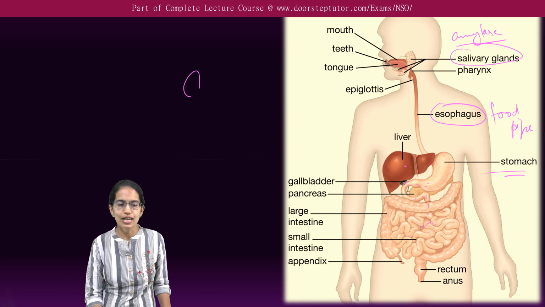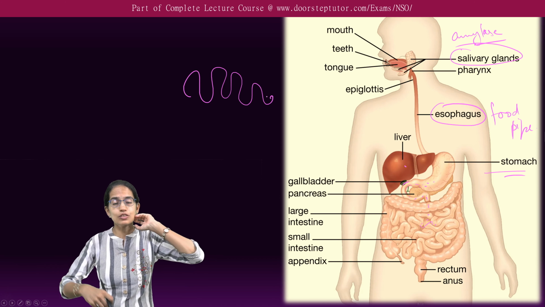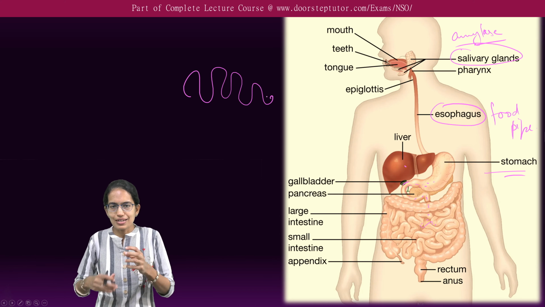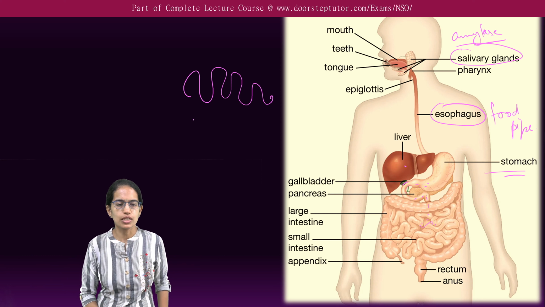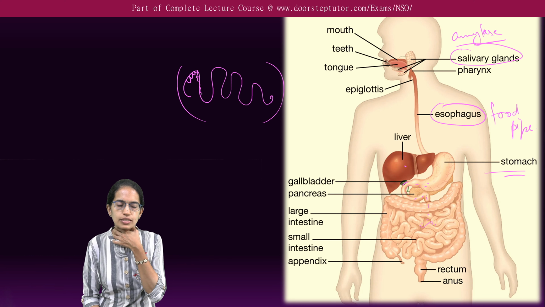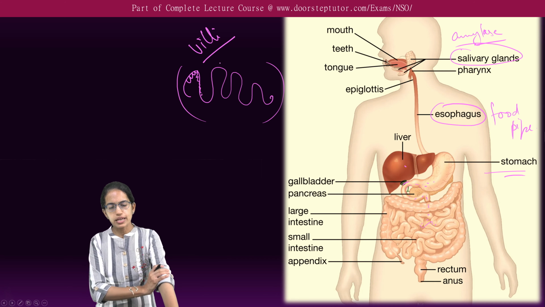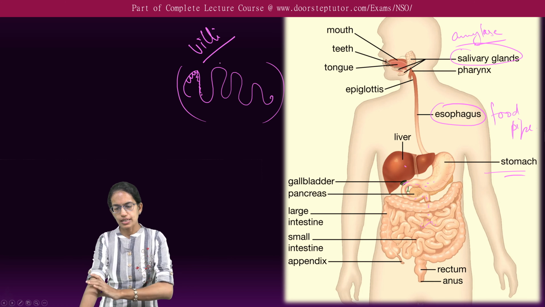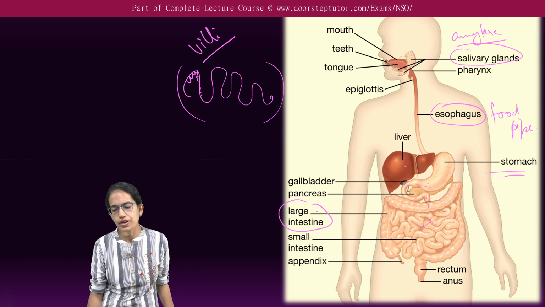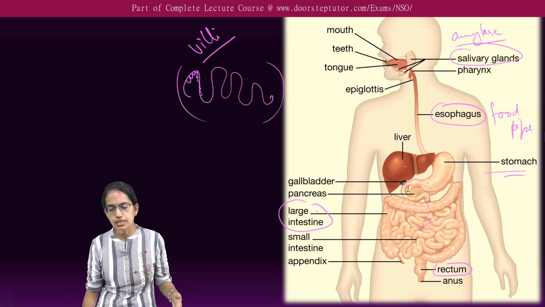The small intestine has numerous folds. If you extend the small intestine, the length is very long, but in the body it is coiled into a very small structure, and this coiling along with the structures present within the intestine are called villi. So villi are present within the small intestine, and then from the small intestine the food reaches the large intestine, from where it gets ready for the process of ejection, and that is through the